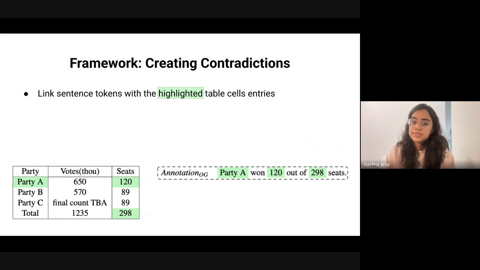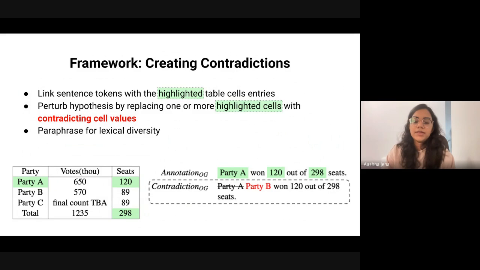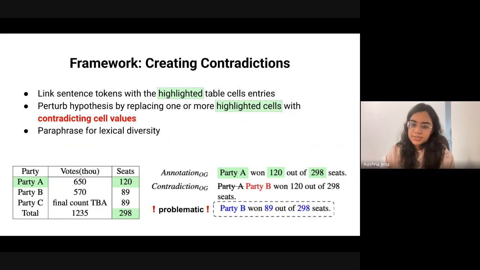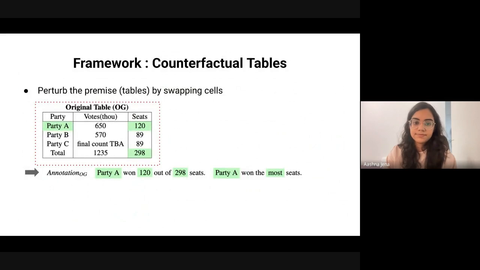Creating contradictions is slightly easier because the constraints are more lax. I can try to contradict any one part of the sentence, which would make the entire sentence false. While doing this, there is also chance that we accidentally make new entailments. To avoid this, we don't just see that we are replacing something with a different row, but we also check the value to ensure that the truth value of the sentence is maintained.